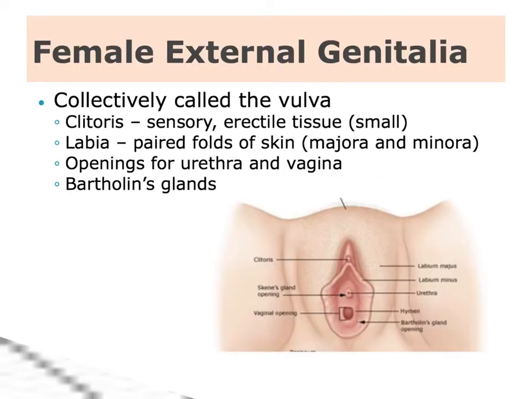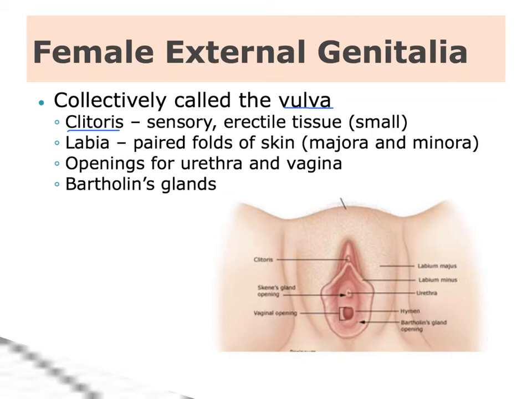Female external genitalia tend to be less well known than that of men. This part of the body is smaller, it's more hidden. It's not something that people may even recognize that there are names for different parts of the body. Collectively, this whole area is called the vulva, but more specifically, the clitoris is the sensory organ. It's a tiny bit of erectile tissue that corresponds to the glans of the penis,